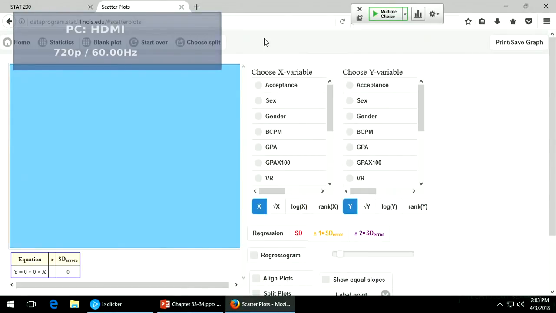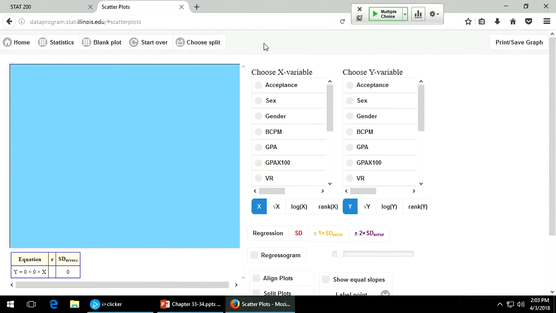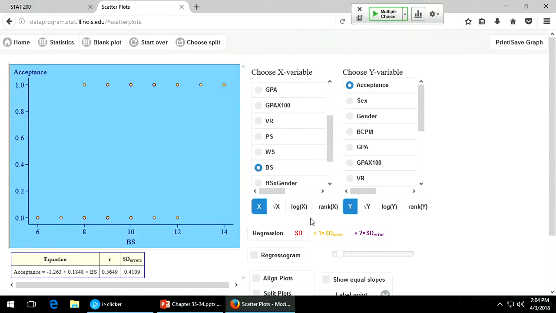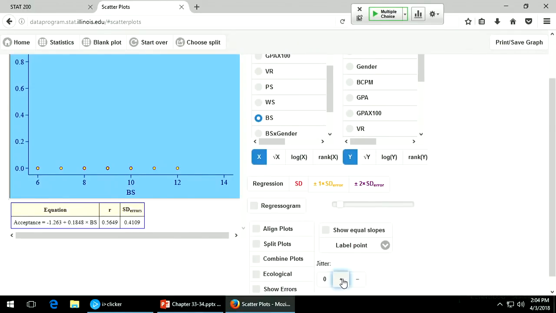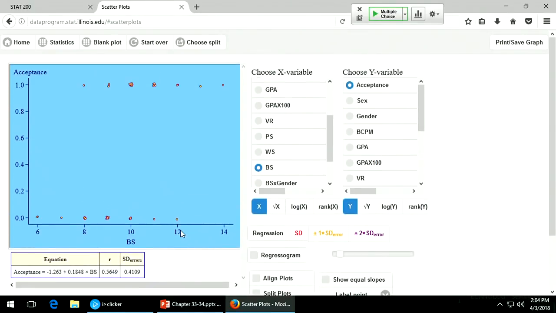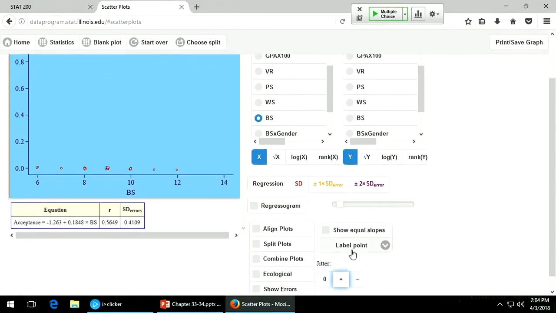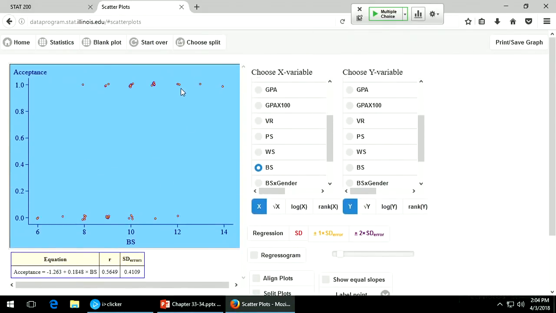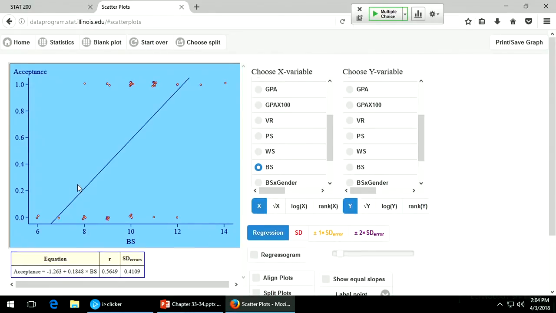And here we are, and on the x-axis we have our biological science score, this is real data by the way. And on the y-axis, whether they got accepted or not. Why don't I just put a little jitter around this so you can see the separate data points. Okay, so now there are 55 points here, and when we fit this regression,